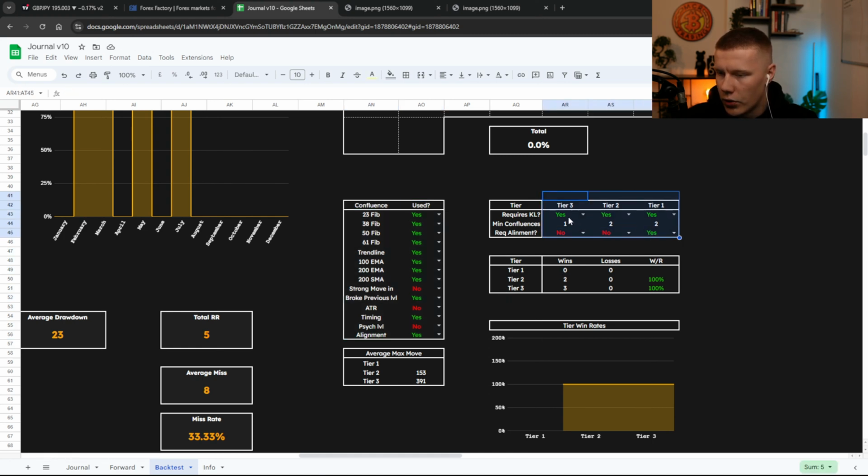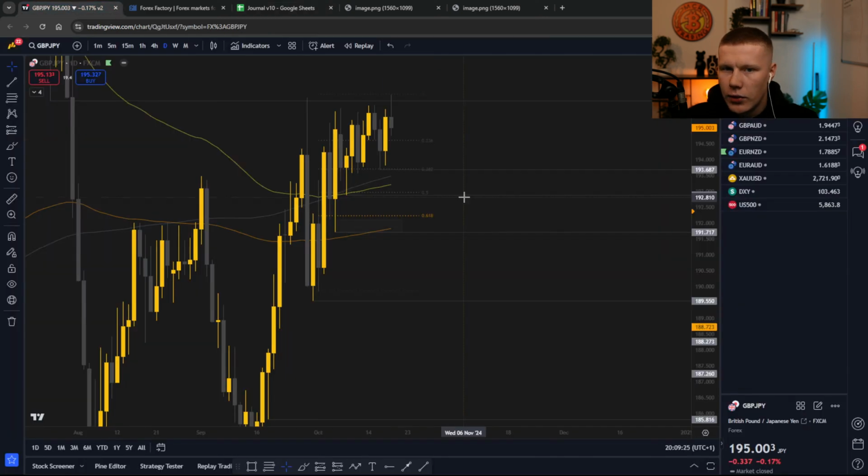And then this is the requirement. Literally a level and one of those confluences. So a level in EMA, level in SMA, level in break of previous level, level in timing, level in alignment. I'll take a trade. So for example,